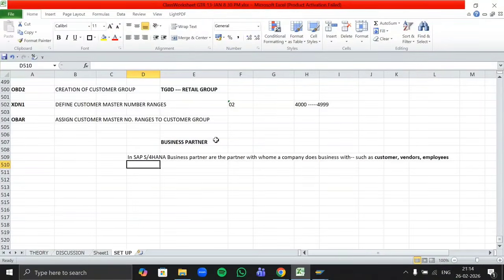Okay, so this concept was not there in the ECC version. This concept was introduced in our SAP S/4HANA version.